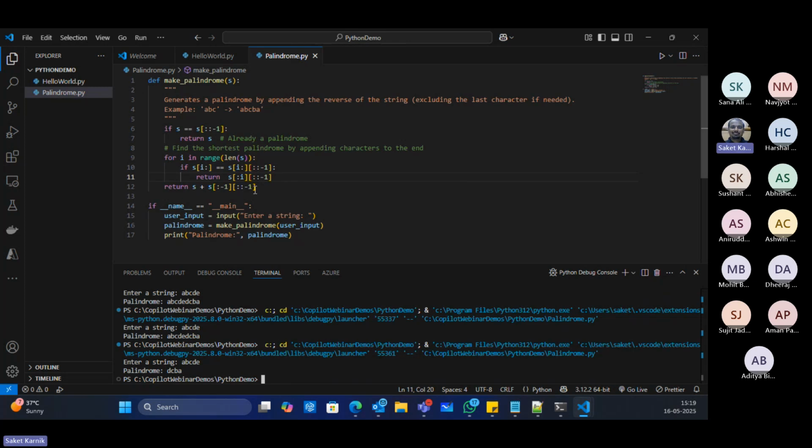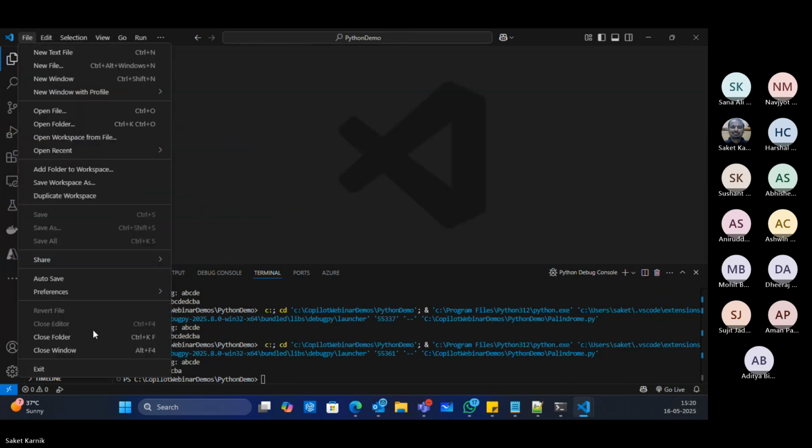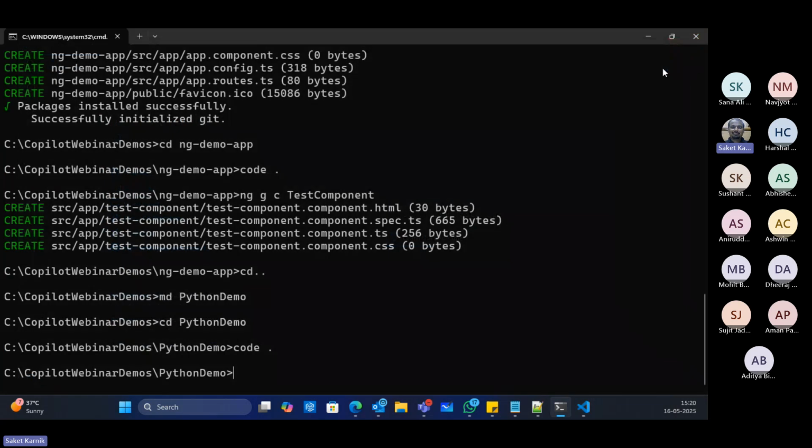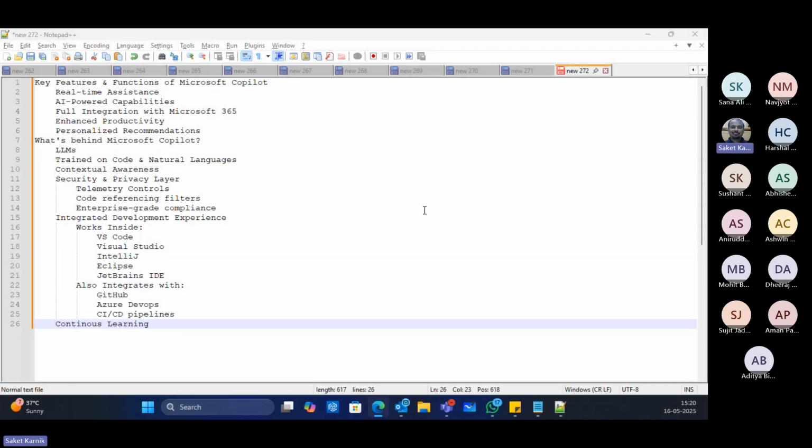Okay, so you can just play around with these things pretty easily. So this was VS Code integration of GitHub Copilot. When you install the GitHub Copilot extension, at that time it asks you to authenticate yourself, and you need to provide that authentication by logging into your GitHub Copilot account. So GitHub Copilot account is actually a GitHub account only, which has got the GitHub Copilot enabled on it.